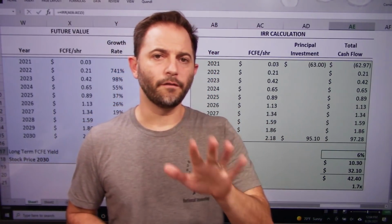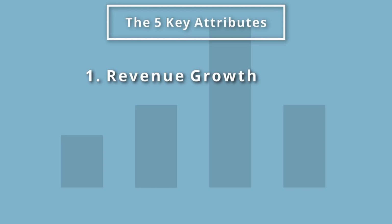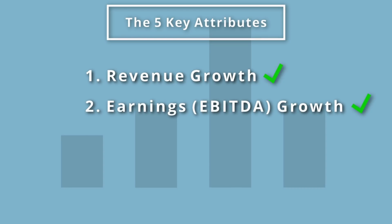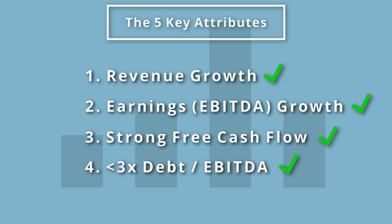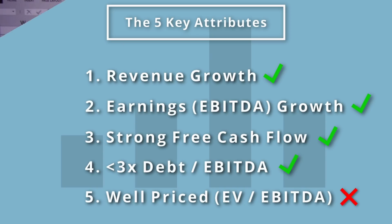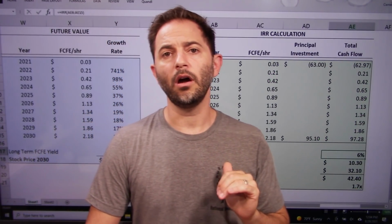So let's review our 5 key attributes. Number 1, top line revenue growth. Yes, it's doing it. EBITDA growth, absolutely it's there. Strong free cash flow, you better believe it. I like that cash flow. Low debt is 0. And well priced, no, it's not well priced because this IRR for me is too low